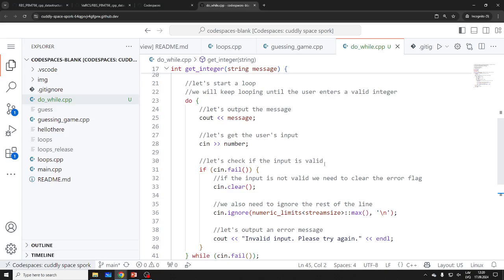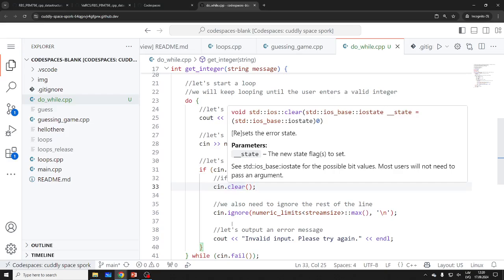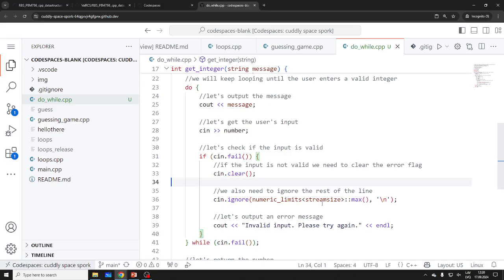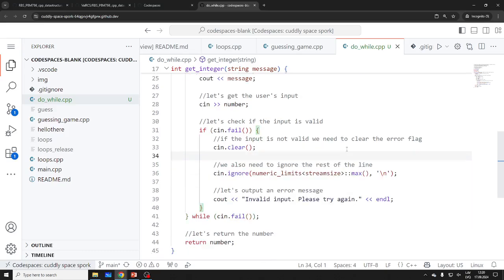This looks very suspicious to me, because this flag is fail, so this fail will not be fail anymore. I think it will run forever. So let's take a look. Ignore invalid output. Wait, let's see. I think it will stop. Let's try this.